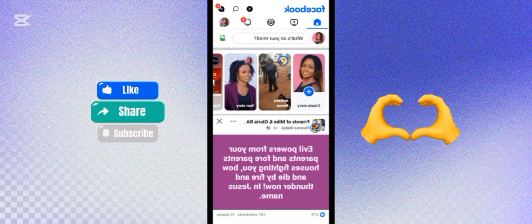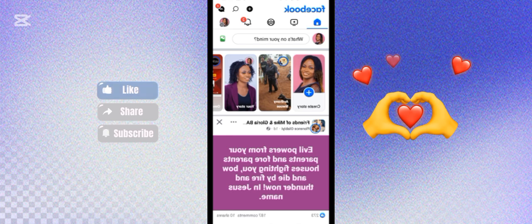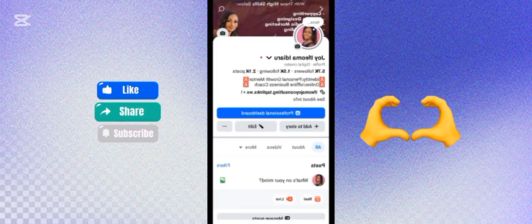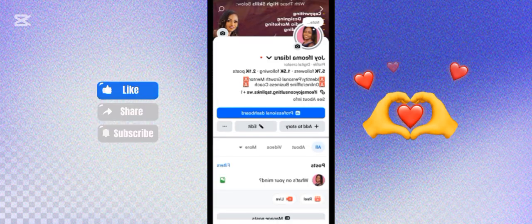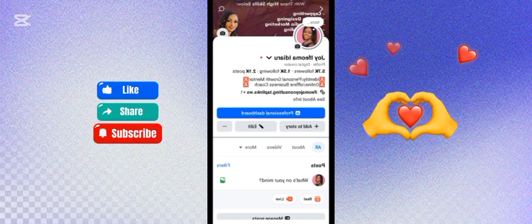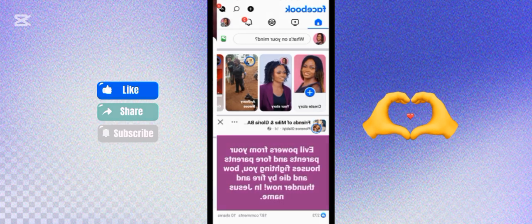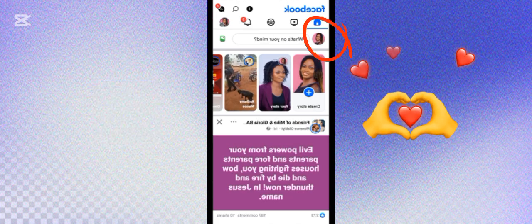Okay, so what you do, the first thing is this. Now this is my profile, this is my Facebook profile. I turned my Facebook profile into professional mode. Okay, that's why you see professional dashboard here. So what we want is to go to where we can check for the violation. So you go back to this area, then you click here,